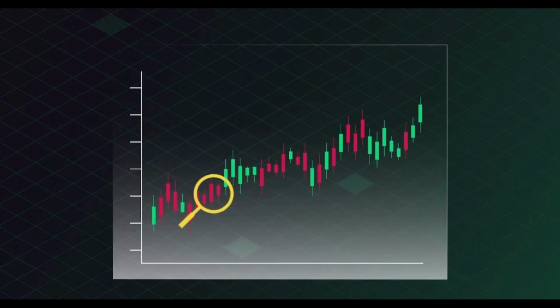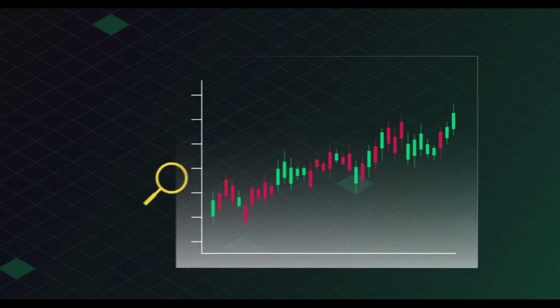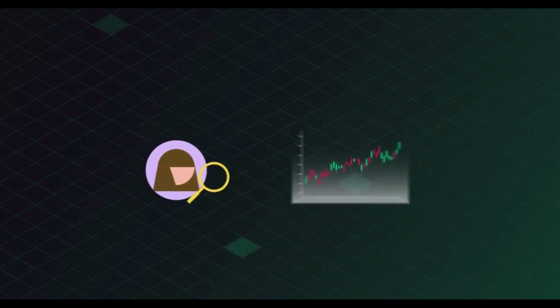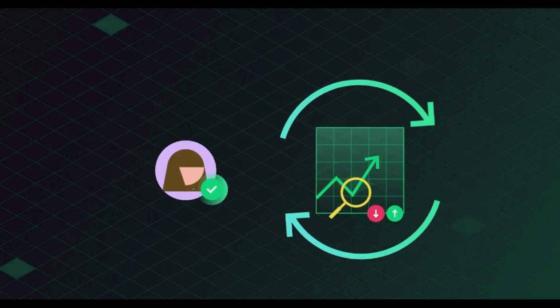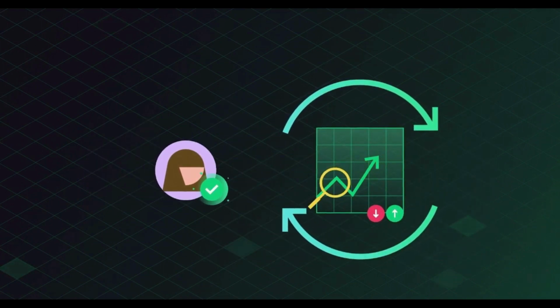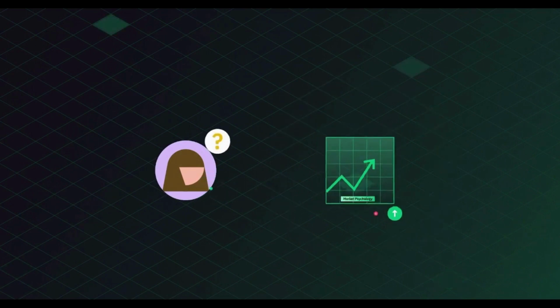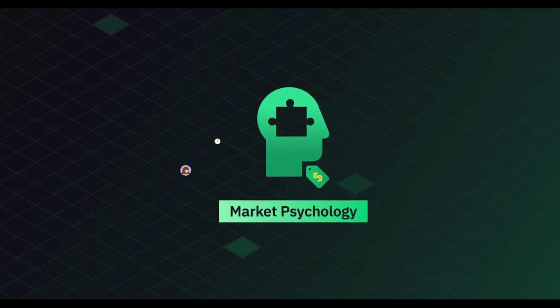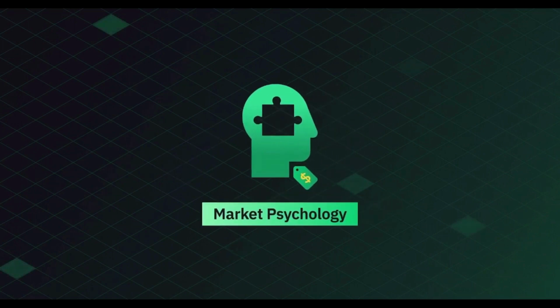Shorter cycles will appear as you zoom in on shorter time periods. As with market trends, it's challenging to determine what stage of a cycle we're in and when a new one will begin. Understanding market trends and cycles is critical to be successful in trading and investing, but getting to know how market psychology impacts market trends is equally critical. We will learn what market psychology is in the next module.